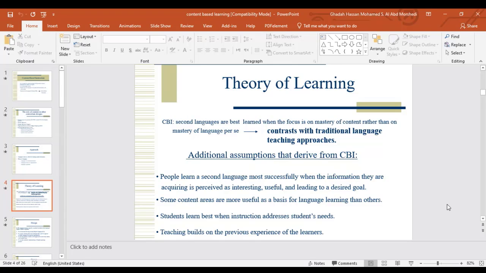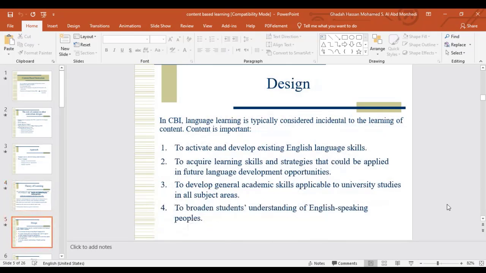And usually the teaching will be built up on the students' previous experiences, because if they know about the topic, or if they know previous vocabularies, grammars, and all linguistic aspects related to the topic, it will be easier for them to continue with the learning. So those are the assumptions. When you think of the design,